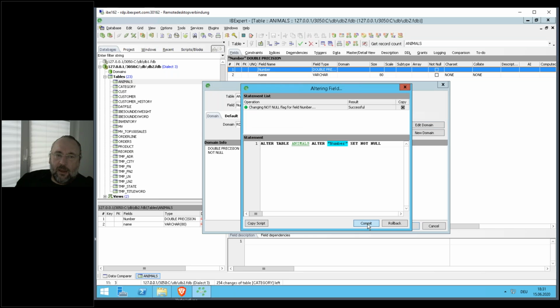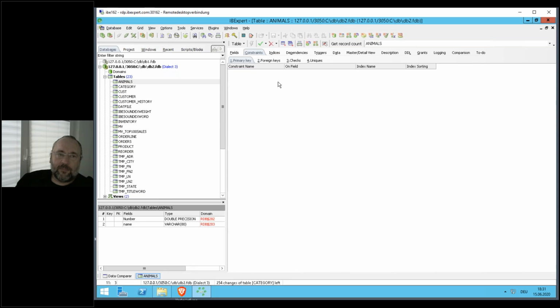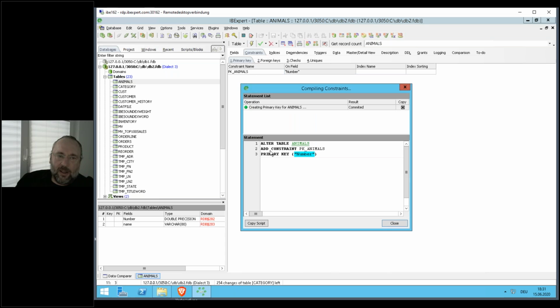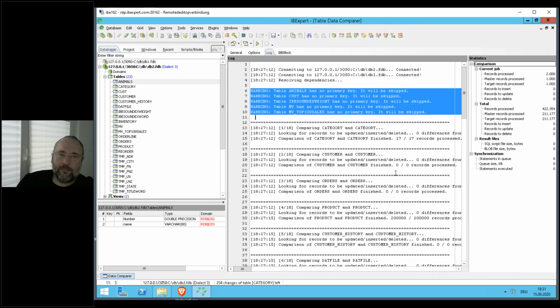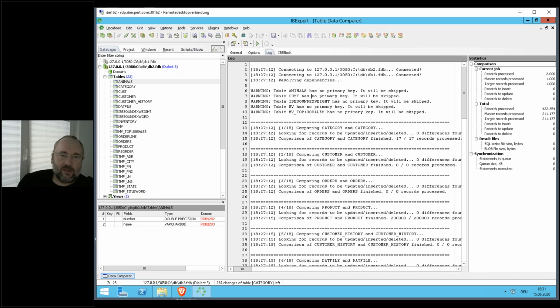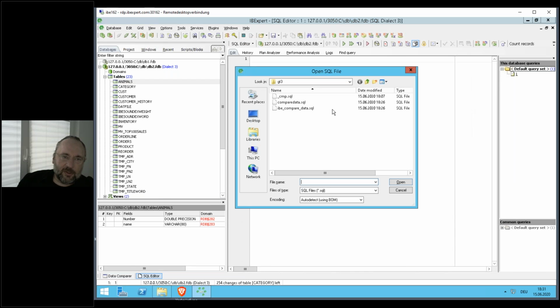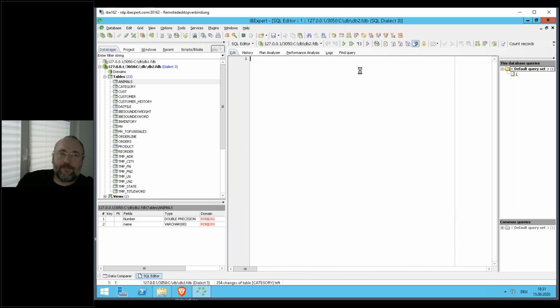And then we can now add the constraint: right-click, new primary key on the number column, and we can now compile that. And when we now do the database compare again, in the SQL version based on our script, compare data, it should be